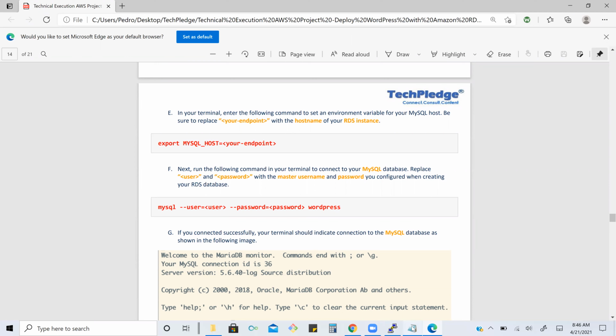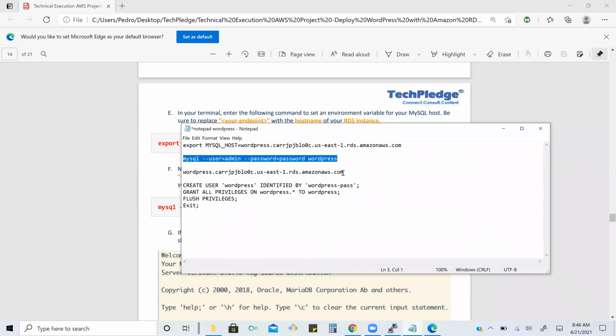Go to notepad and look at that on top. You already have that copy. Yeah, just copy this, because we stopped the server now, so everything will be gone. Do that one. Yeah.